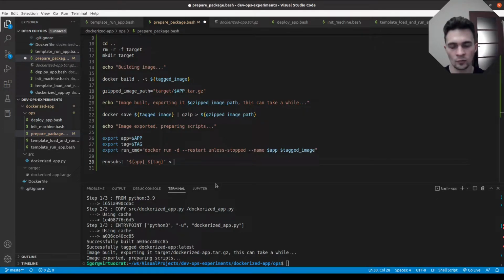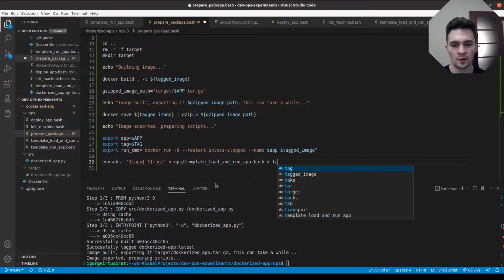So we need to say here that it should take it from our template, ops template load and run app bash, and then it gives us a result to the standard output, but we want to pipe this to a file, to target,